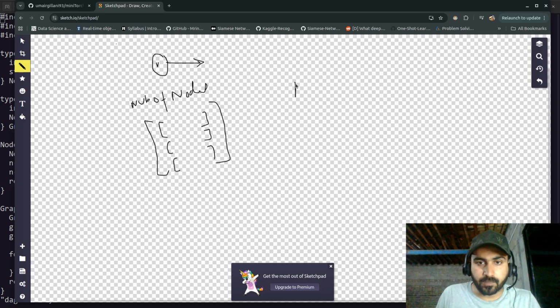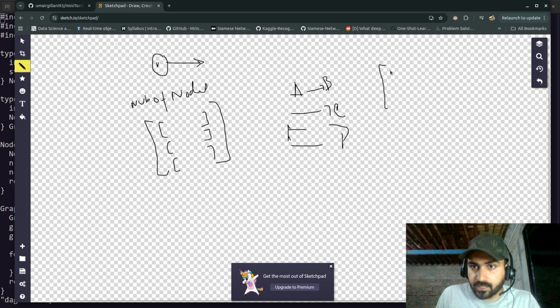For example, A has neighbor B, and A also has neighbor C, and A also has neighbor D. So basically, in an adjacency list, we have an array of linked lists, which basically store all the neighbors information of